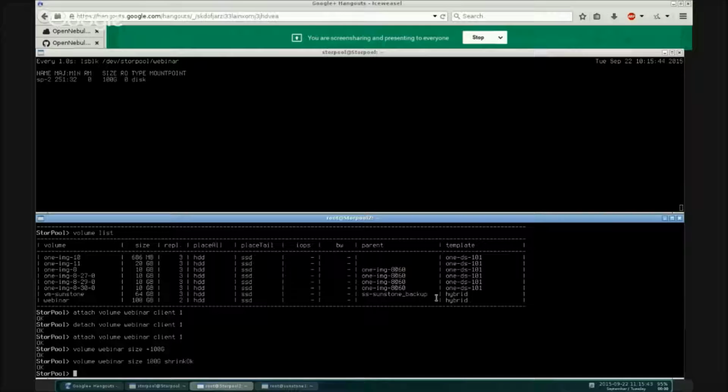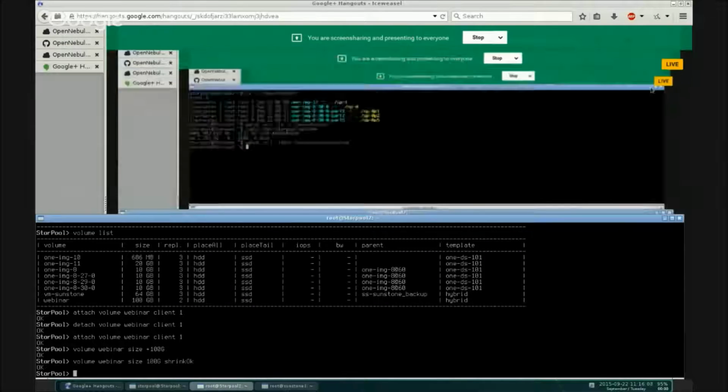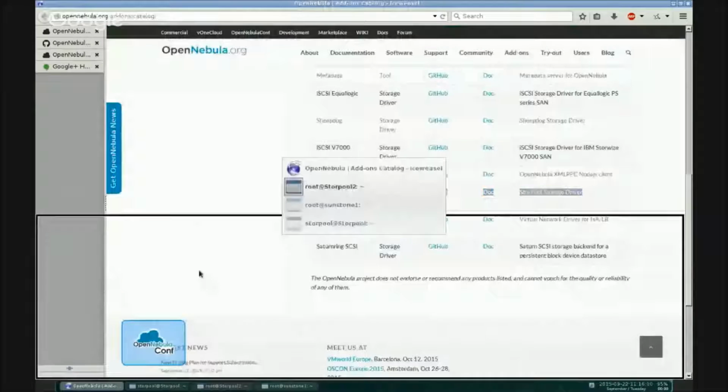Then the next thing on my agenda is to show you integration. As I said, in a production environment, you wouldn't have a sysadmin going in and creating volumes or attaching them to a particular host for you to use them. This is a fully automated process, and it's done through